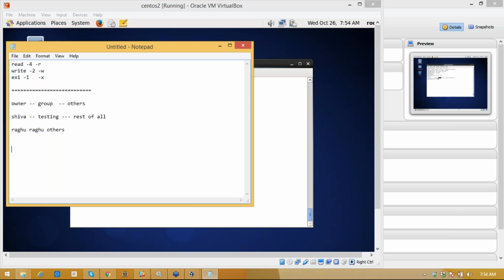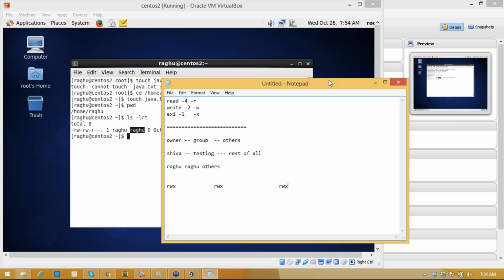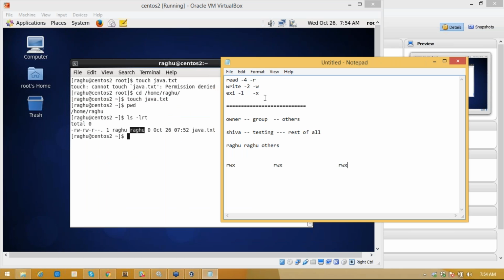Now you can see read write execute for owner, read write execute for group, read write execute for others. The owner got read write permissions. Group also got read write permissions. For others they have given only read permissions.